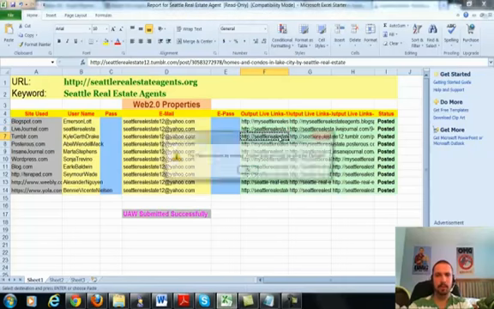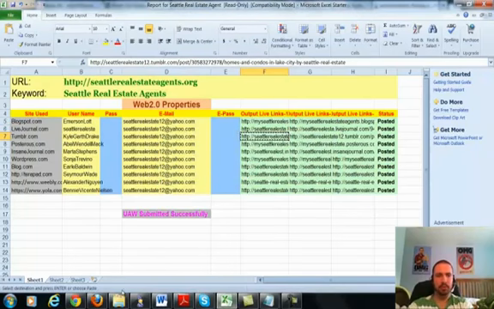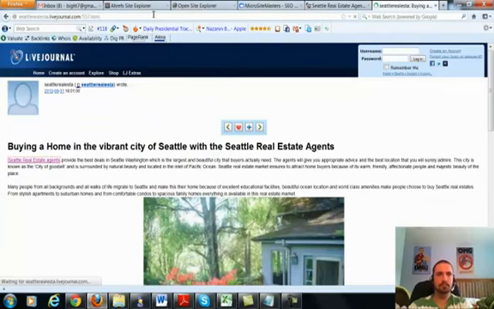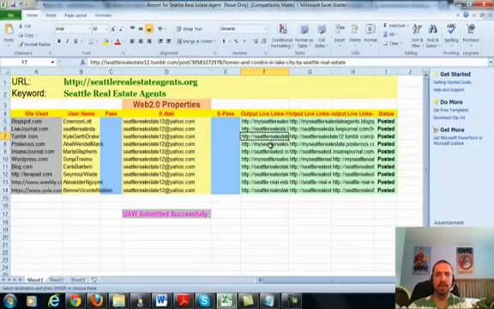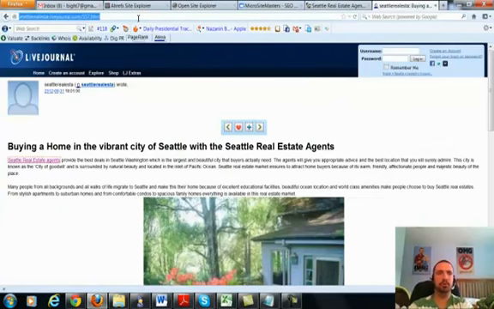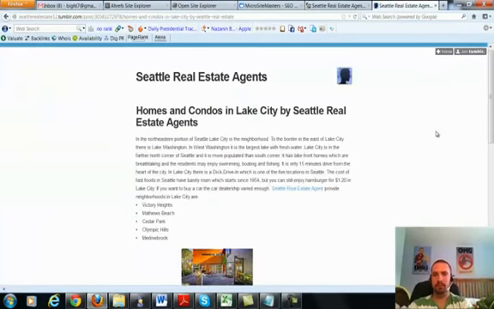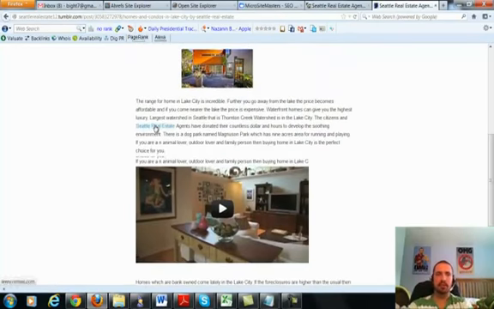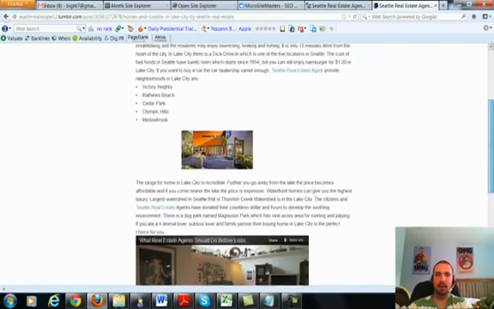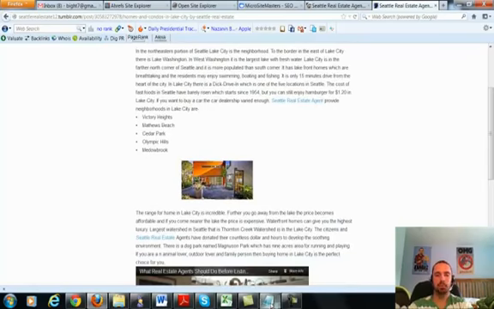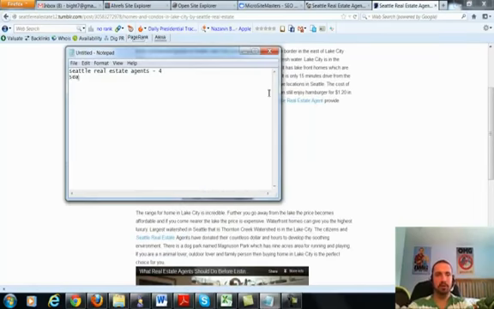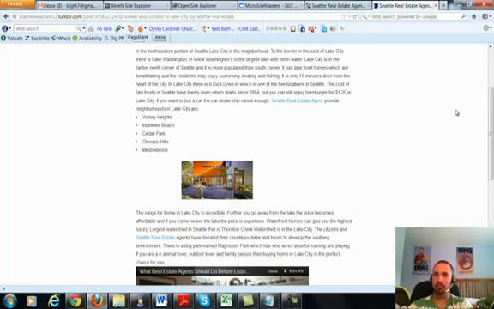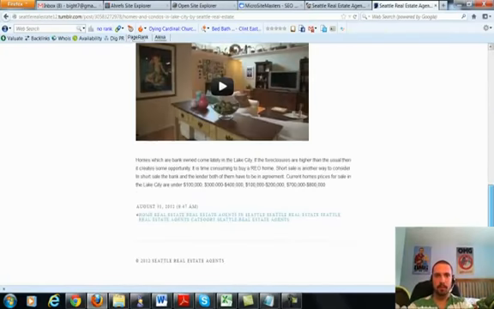So let's go to this next one here. And you'll see that these are all kind of the same, but they're just on different Web 2.0 sites. And this one's for Tumblr. Alright, so this one is Real Estate Agent, the singular version, and then Seattle Real Estate, going to remax.com, again another picture and another video. So let's go to our anchor text breakdown. We got the singular version, 1. Alright, so let's see our second post right here.